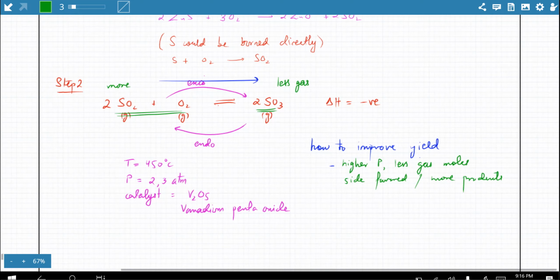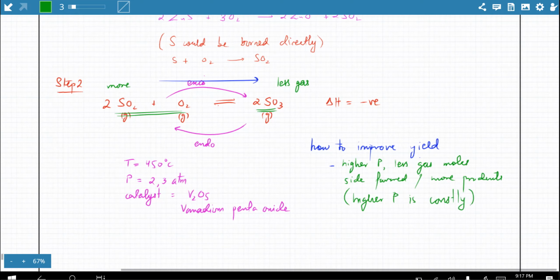Achha, so I want to improve yield. But the same issue is there. Why are we not using a higher pressure? Look at the conditions. They're going to ask you. So the explanation will be the same, which we discussed earlier as well, and that is that it's going to be costly. Higher pressure is going to be costly. That would increase cost. Difficult to maintain a high pressure.